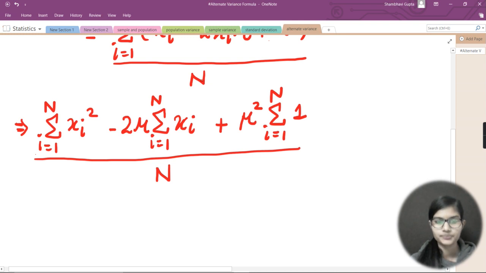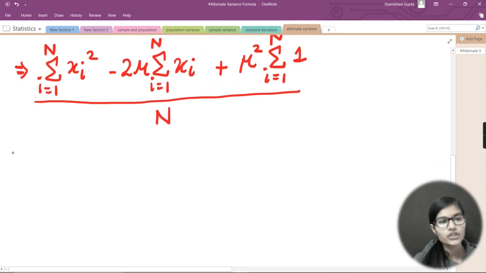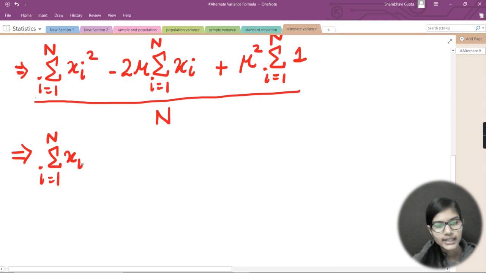As we were doing earlier. Okay, so this is what we were doing, and now let's move to the further steps. Now I'm again going to simplify the above step, this one. I'm going to write this division for each and every term separately. So sigma i equals 1 to capital N, and then again xi square. This is the same as what we have written above, and now I'm separately going to divide each and every term by n.